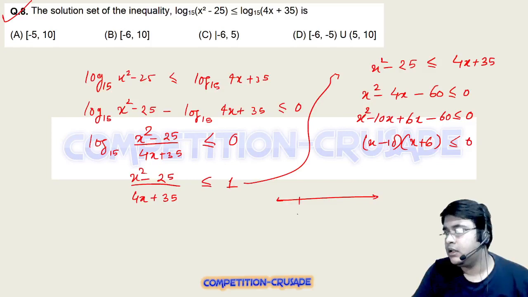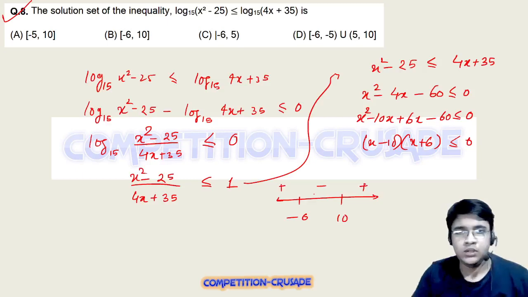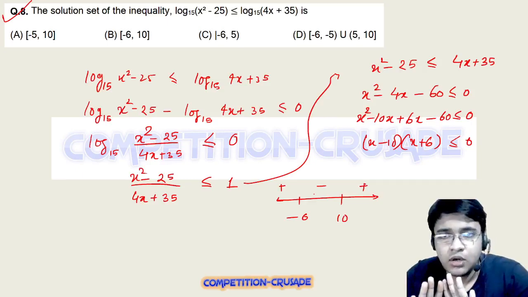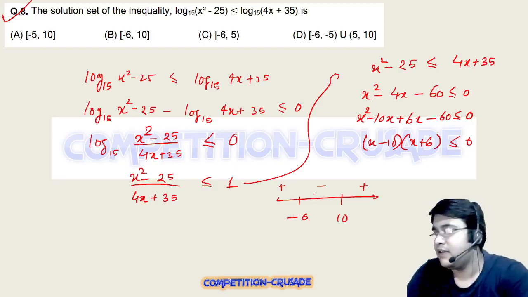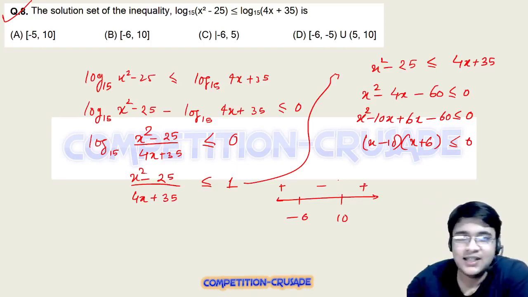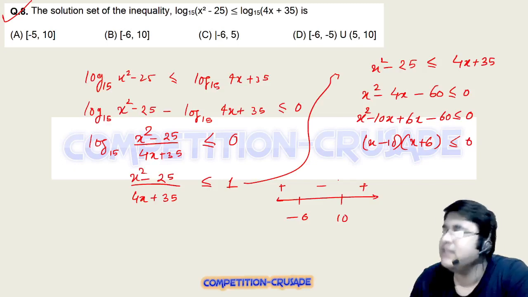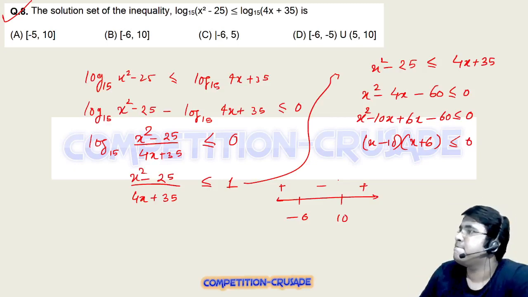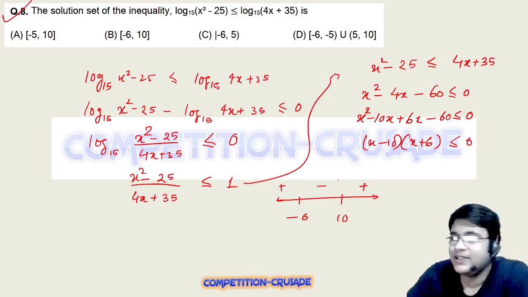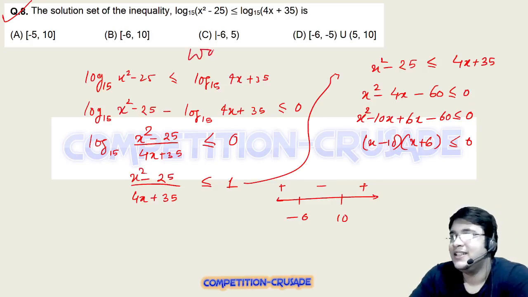ठीक है, एक साइड पे आपका -6 है, दूसरे साइड पे आपका +10 है, और आपको पता ही है कि ये... क्या कहते हैं, मुझे नहीं पता, I don't know, it's just that this is how you represent it. ठीक है, I think, if I don't remember, वेवी कर्व मेथड बोलते हैं। ठीक है, भूल जाते हैं।